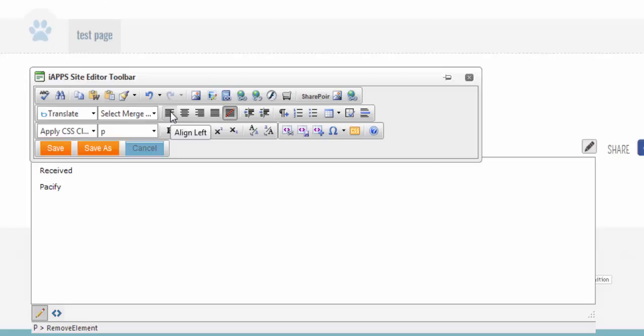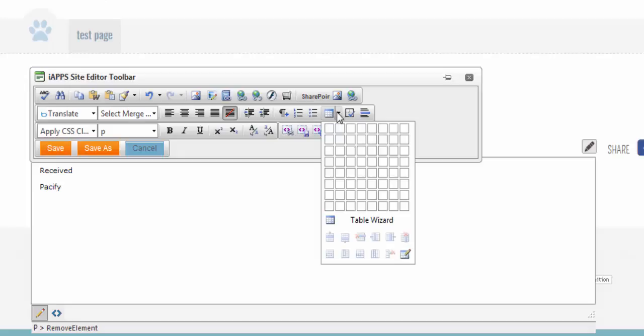These alignment buttons should look very familiar to you as they act the same way as they do in Microsoft Word. The next two buttons are for lists. You can create a numbered list or a bulleted list. Here's our Table Wizard button. Let's say I wanted to create a 3x5 table. I would just click this button and I would select from this window, and now I am free to enter